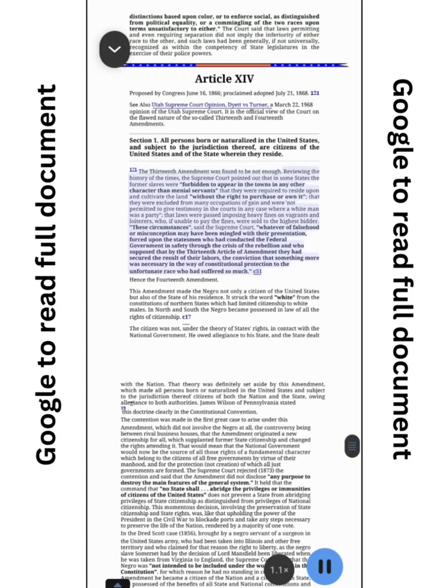171. The 13th Amendment was found to be not enough. Reviewing the history of the times, the Supreme Court pointed out that in some states the former slaves were forbidden to appear in the towns in any other character than menial servants, that they were required to reside upon and cultivate the land, without the right to purchase or own it, that they were excluded from many occupations of gain and were not permitted to give testimony in the courts in any case where a white man was a party, that laws were passed imposing heavy fines on vagrants and loiterers, who, if unable to pay the fines, were sold